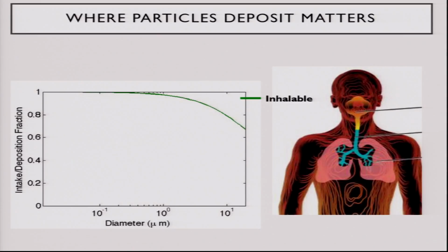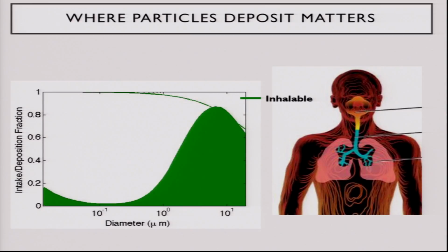So if we think about the fraction of particles that are inhalable, almost all particles less than about a micron are 100% inhalable, and that tails off for much larger sizes. But the fraction of those that actually deposit is very different. The fraction that deposits in the upper head airways region is represented by what's shown in the shaded region. So as we get to larger and larger particle sizes, almost all of those particles deposit into the head airways regions. But in this size range where we're most interested for combustion-related or e-cigarette-related products, the fraction is much